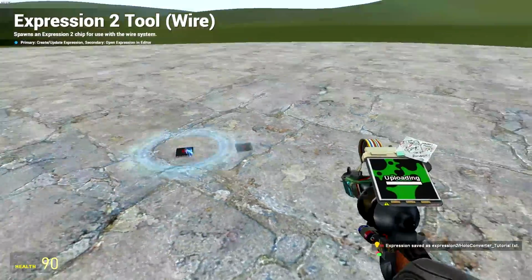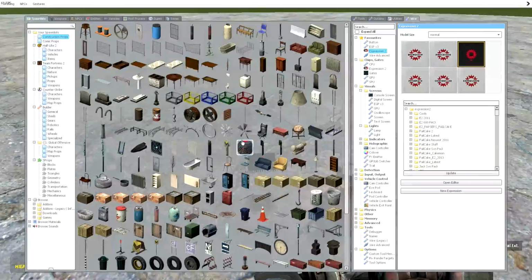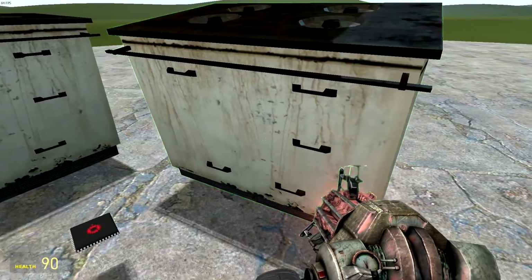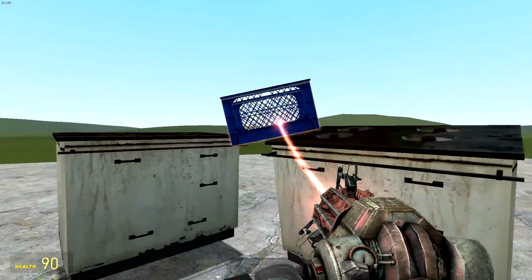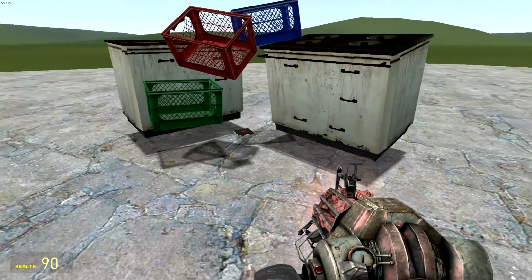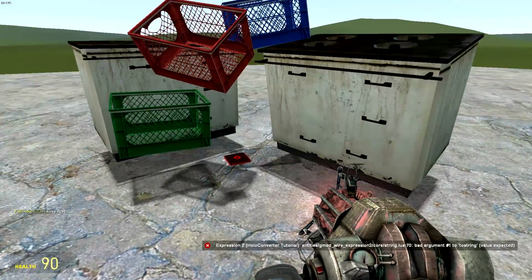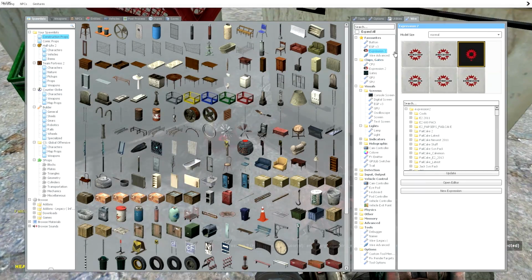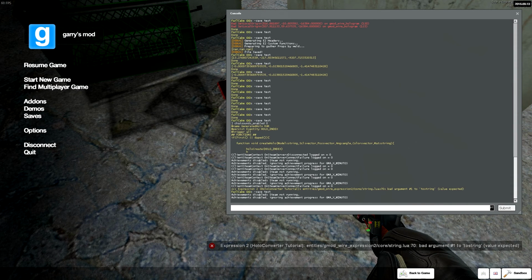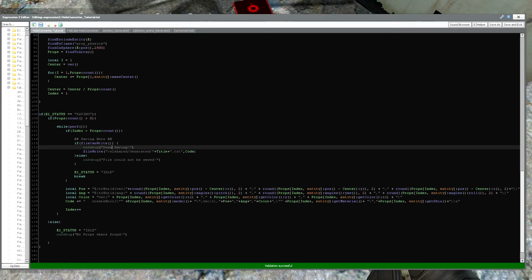Okay, so if we go Java now, so if we spawn something like different skins like this. Now if we save, oops, to string. Okay, so we got something. This is actually a Lua error, so I'm guessing the problem was around here,